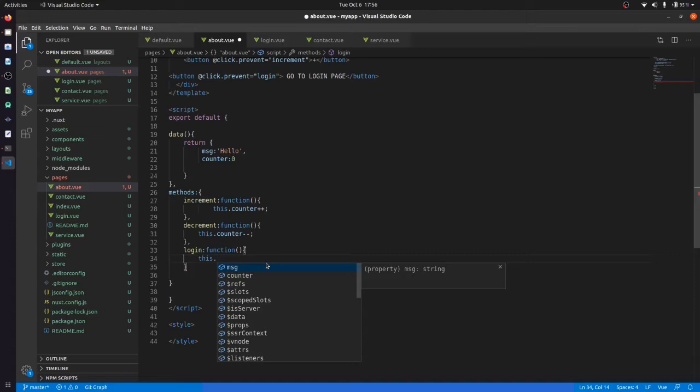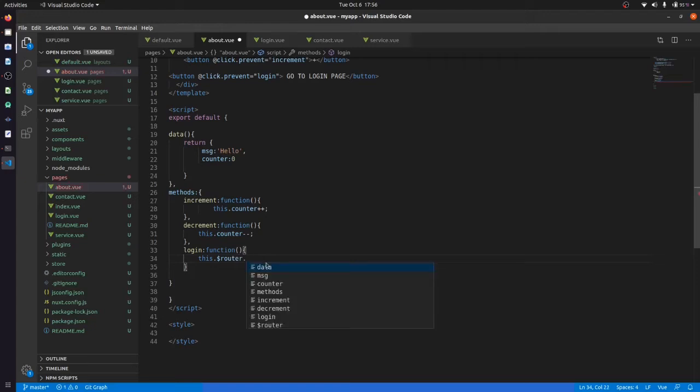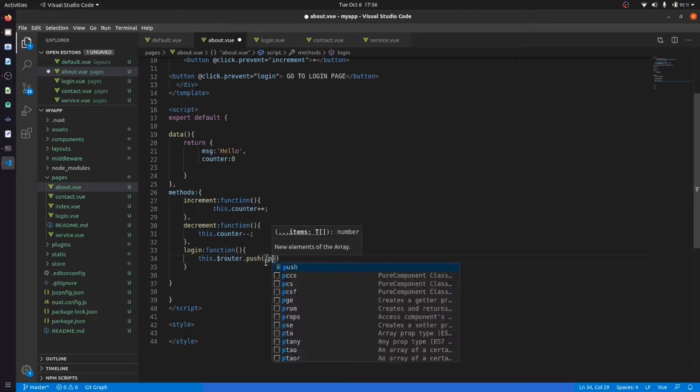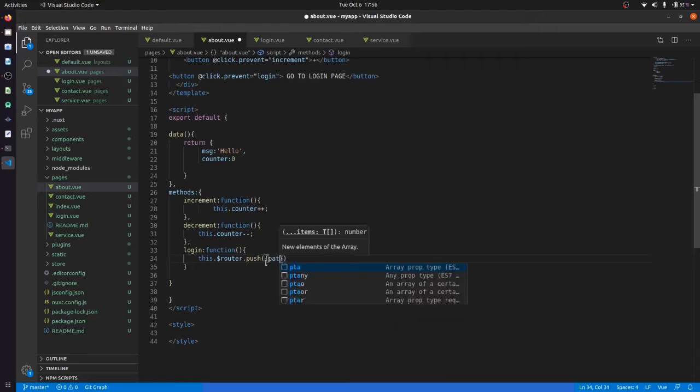So we will use this.$router.push, and inside that we give it a path, which will be /login.